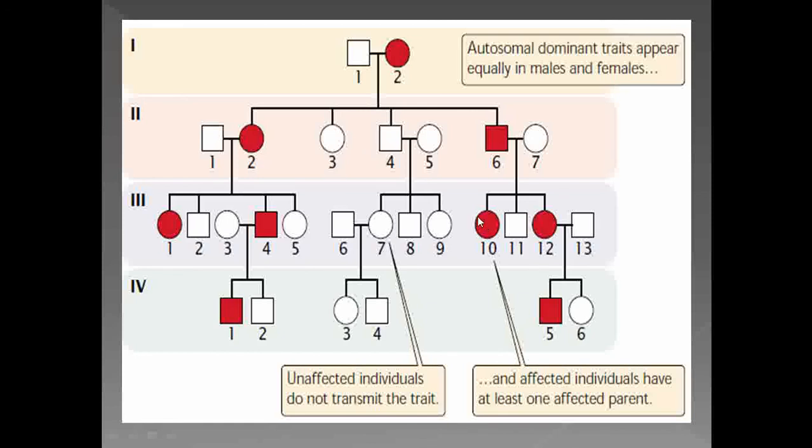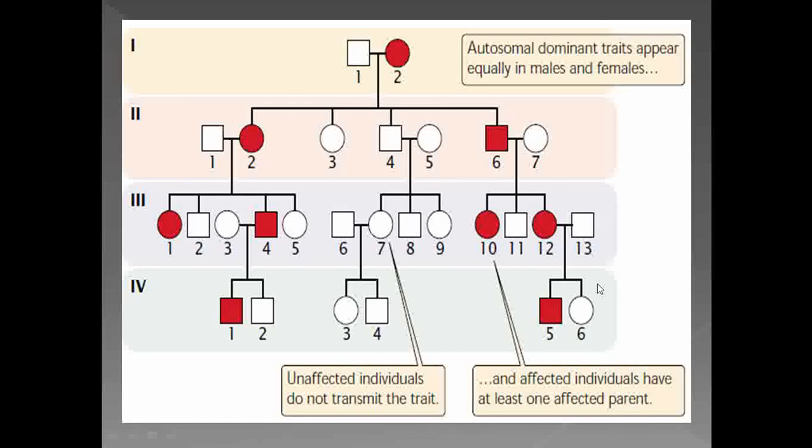So see here, this is the third generation in which one of the parents is affected, maybe male or maybe female, but the parent is affected. So just see here, the female is affected, the male is normal. So in the next generation, the male is affected. Okay, so this is about the autosomal dominant traits.